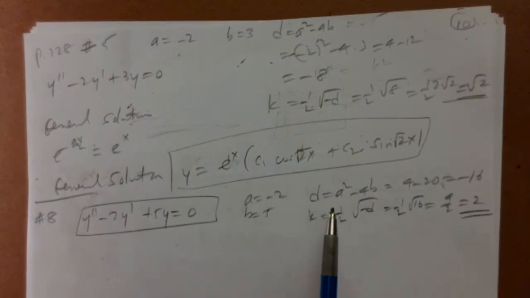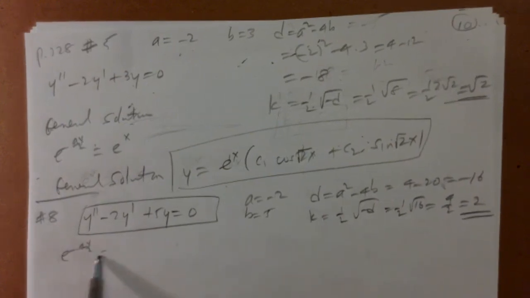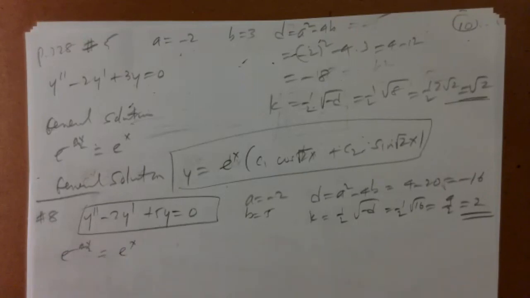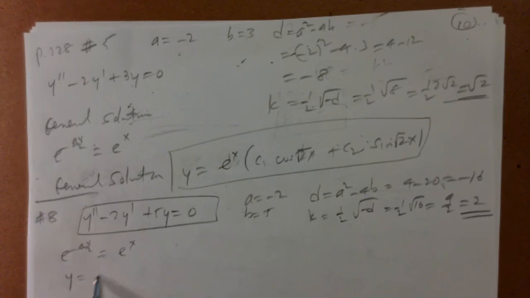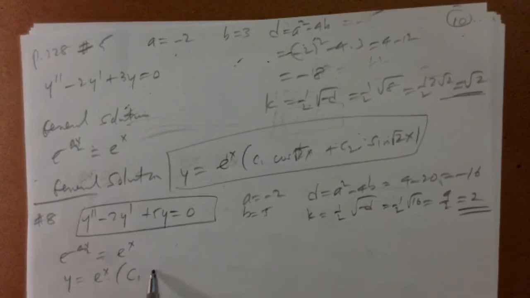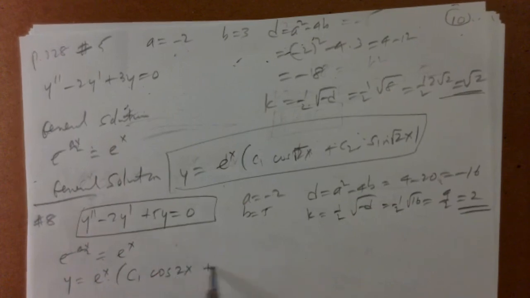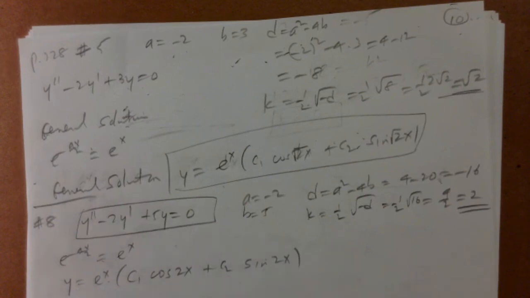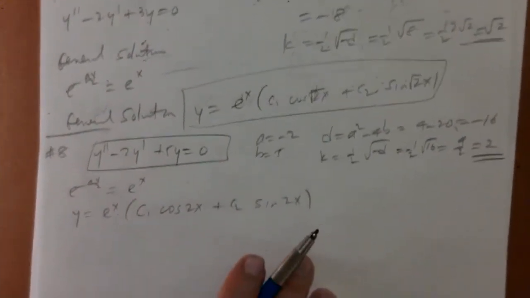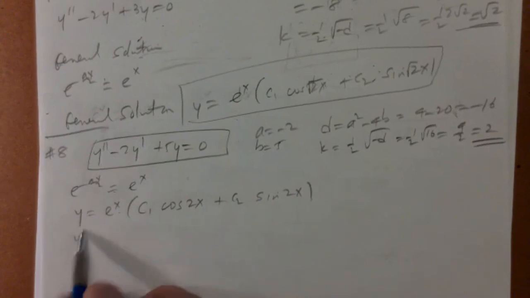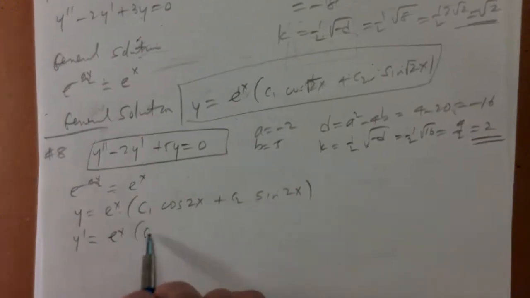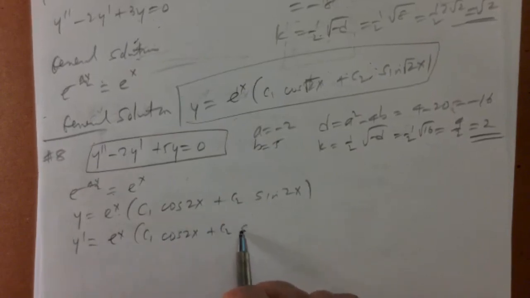A is equal to -2, so e to the minus ax over 2 is just e to the x again. So we have as our general solution, y equals e to the x, c1 cosine of 2x plus c2 sine of 2x. So let's just check and see if I did this correctly. If this is y, when you differentiate, you get e to the x, c1 cosine 2x plus c2 sine of 2x